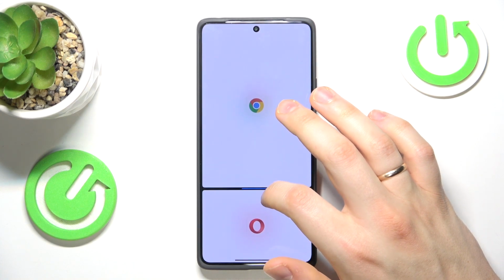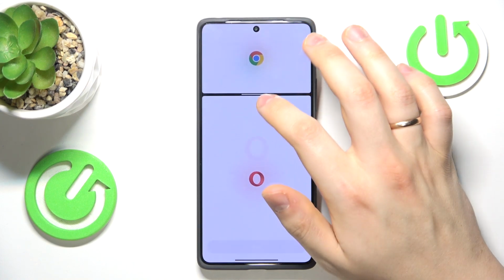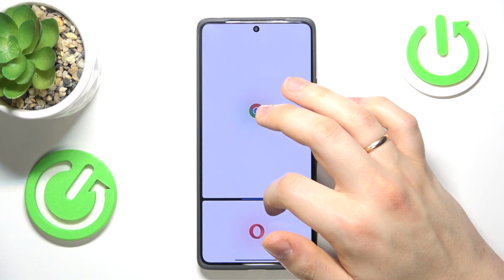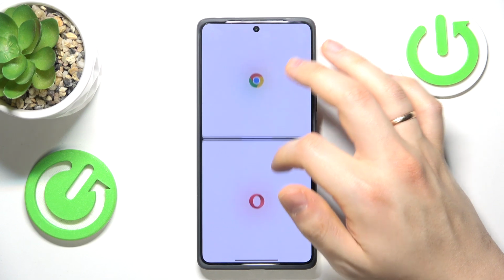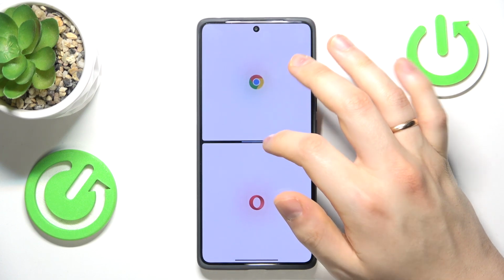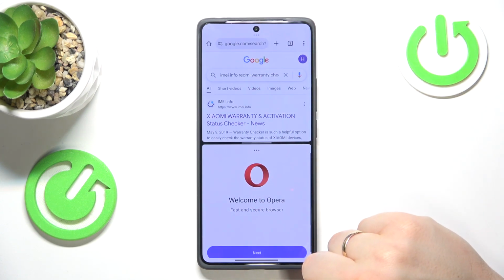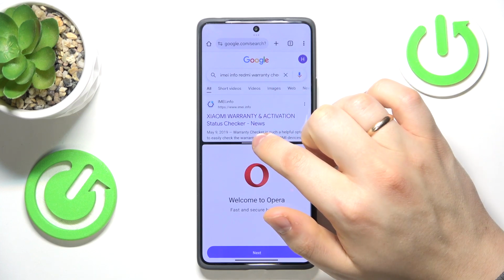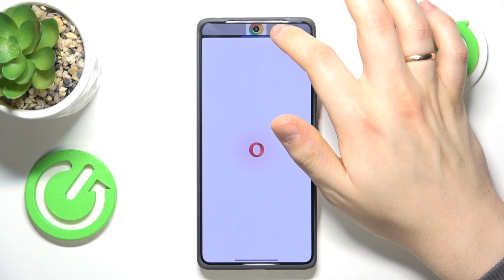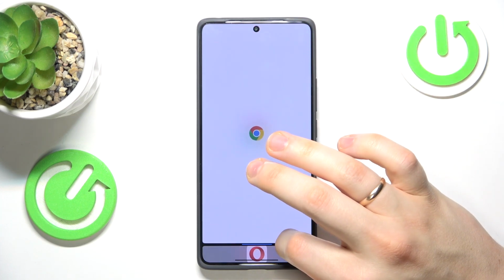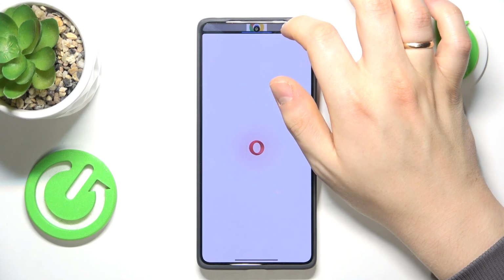Now by dragging this little bar you can change how much of your screen each application occupies, or in order to exit the split screen view, simply drag this bar all the way to the top like that, or all the way to the bottom, depending on which app you would like to close and which app you would like to